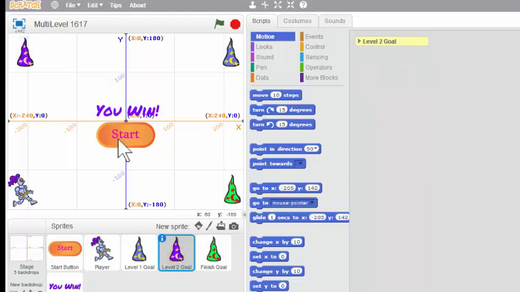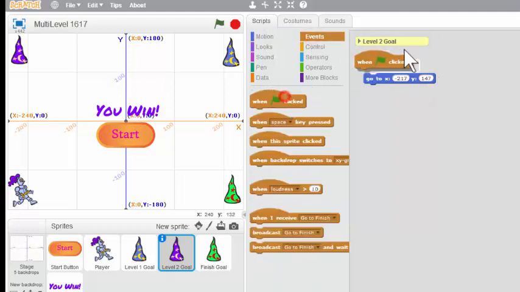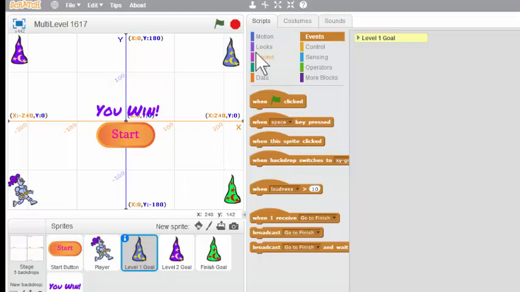So let's go to this one, put it into position, and create the same script. Okay, and picking it up and moving it, we'll set the coordinates. So we are at X -217 and Y 147. I can pull that block out, go back to Events, and get myself a green flag. That's my level 2 goal. Now let's do our level 1 goal. I'll get a green flag here,